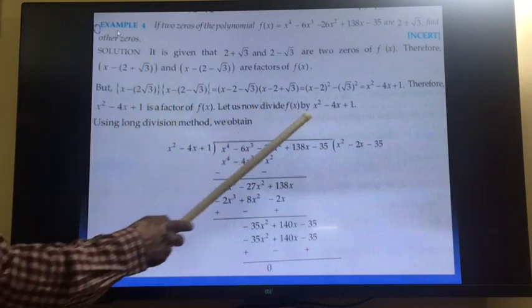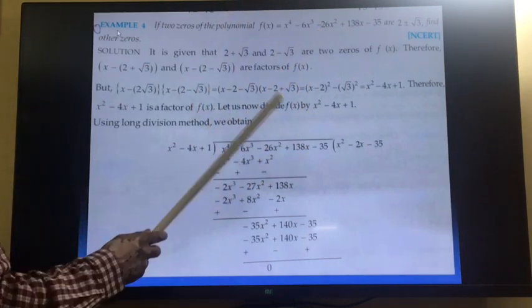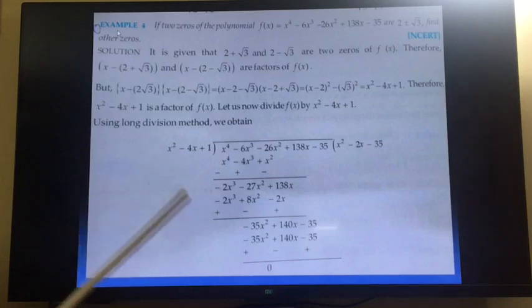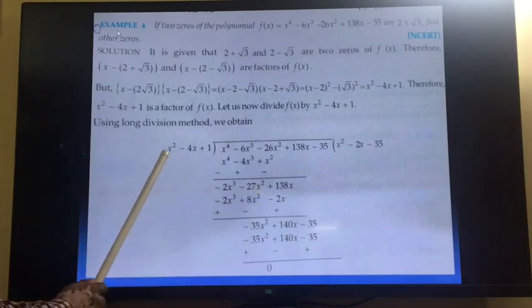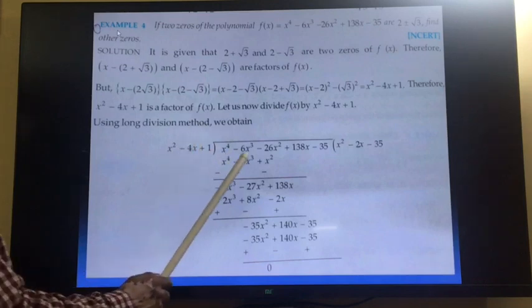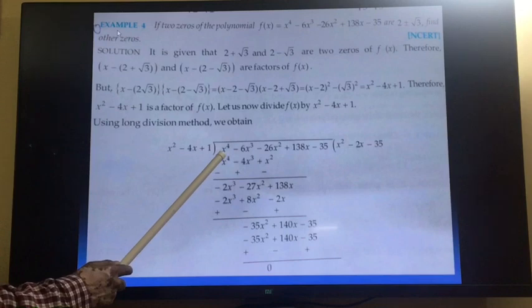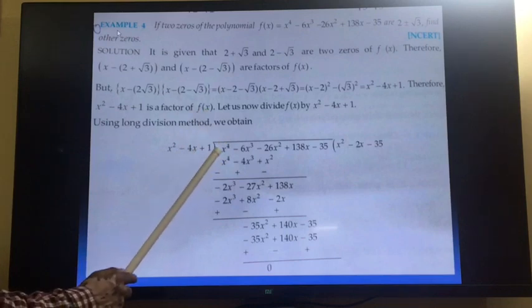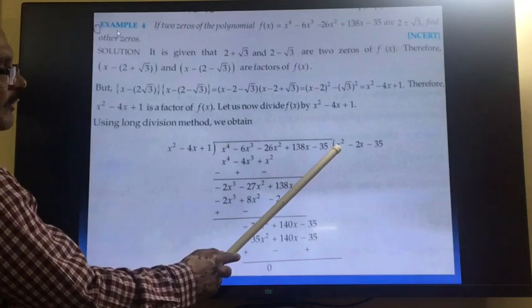So now this will be our divisor and this is the dividend. So write this, but before dividing, check whether the powers are written in decreasing powers of x or not. So these all are in decreasing power of x, these are also in decreasing power of x. Now you see the power of x to the power 4, but the number before this is 1, here it is 1, so here we will not write any number, or we can write 1.